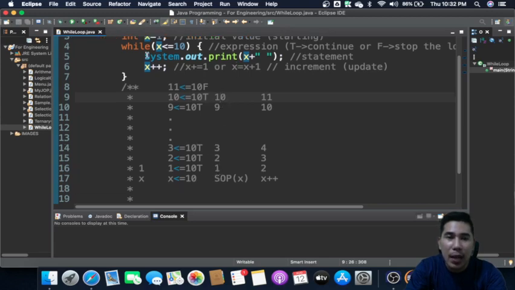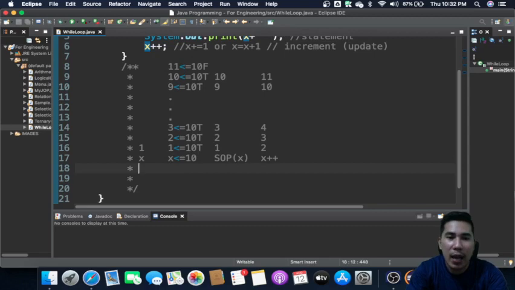But this time, you have to follow what the output statement is. It's going to be printing the x with a separator of one space, but this time it's not going to be on a per line basis.